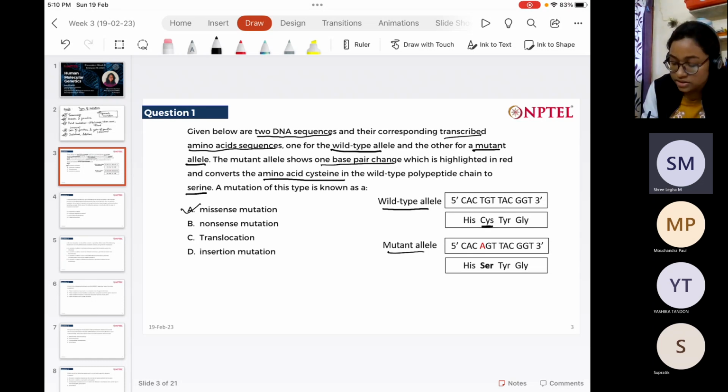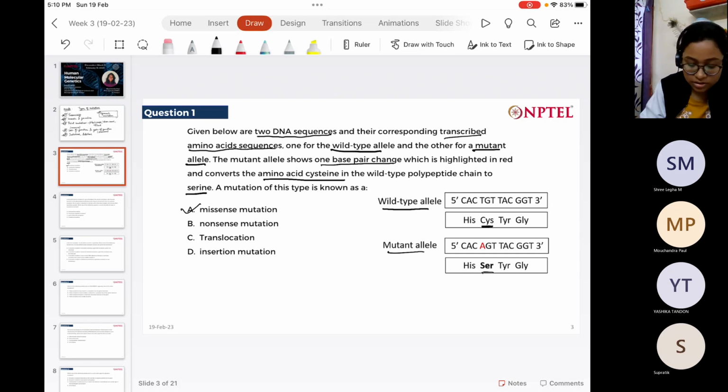Because there is a single change, cysteine has been changed with serine because of the point mutation. T has been replaced with A. The next question,